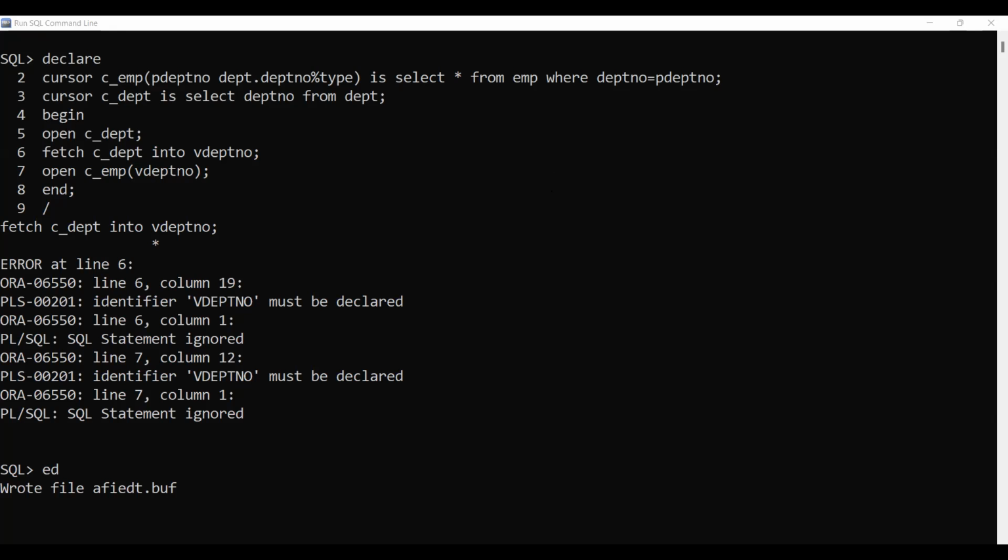Here for C_EMP, I will say V_EMP_rec, which will be C_EMP percentage row type. The value will get assigned. Open, fetch, and here we will have a loop. Fetch, exit when C_